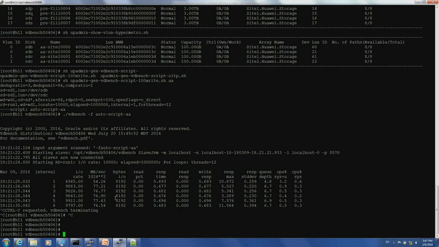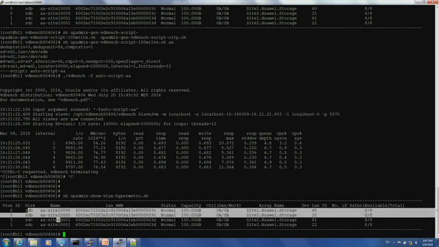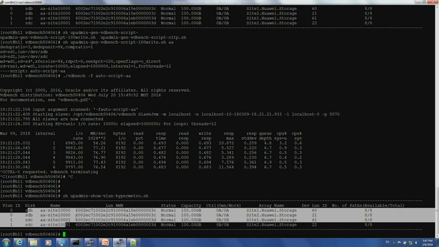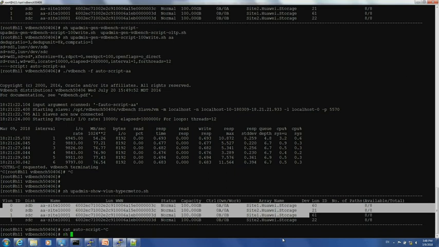Now I'm just going to check out the hypermetro volume. It's already there and it's normal, and we can use the VDBench script. So the paths are like you can get to all the paths from both sides. So it's 8 paths, right? Yes. See, we have